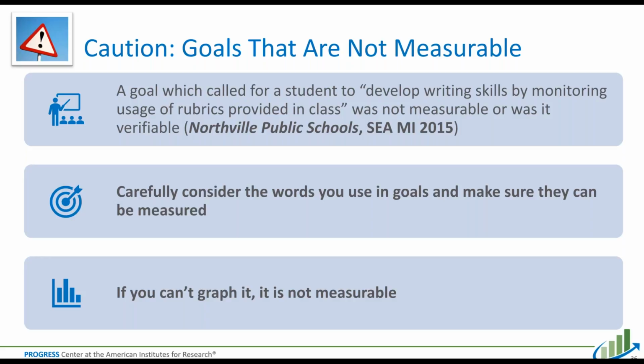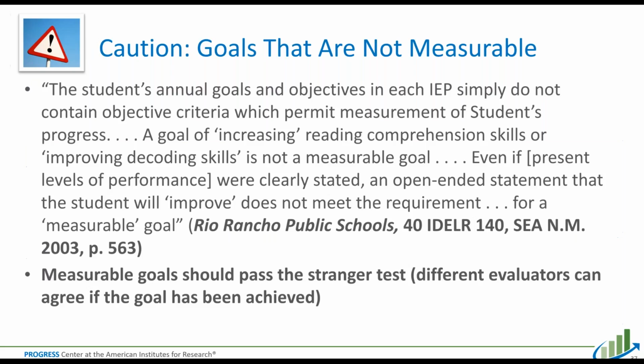And I think a good rule of thumb is if you can't graph a goal, it's not measurable. Too many goals include things like teacher observation that really aren't measurable unless there's more specific information added. In the next slide, I just included a quotation from a court,